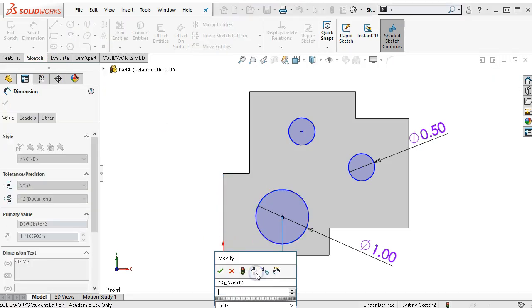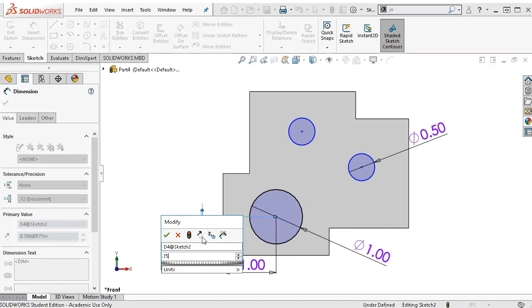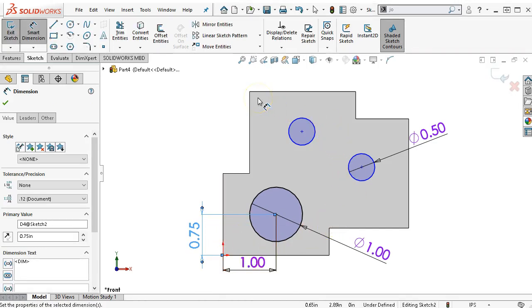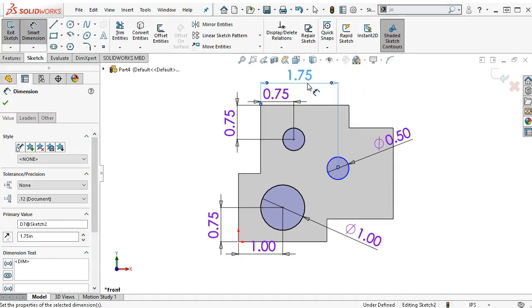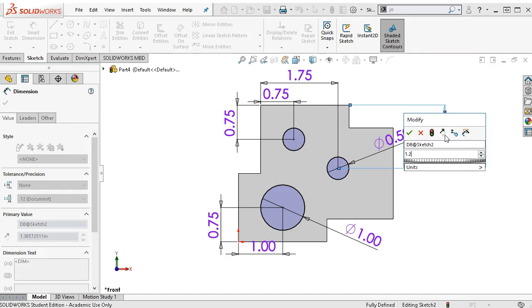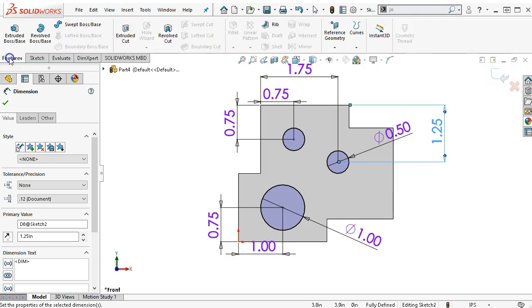So 1 inch from the edge, and then we'll go 0.75, so 750 thousandths, 3/4 of an inch from the base. And then from the edges again, 0.75. And from the top, 0.75. And from the edge 1.75, and from the top 1.25. So basically, process of elimination, going to go through and check off all of those dimensions, make sure they got applied. Everything goes fully defined, and when we look at the status bar now, we'll have fully defined, everything is in black. I go ahead into the features and hit extrude,